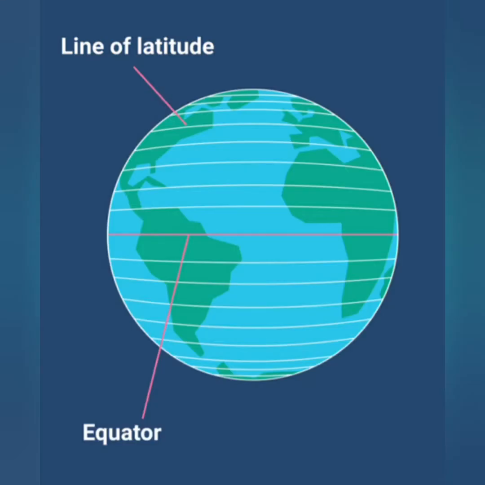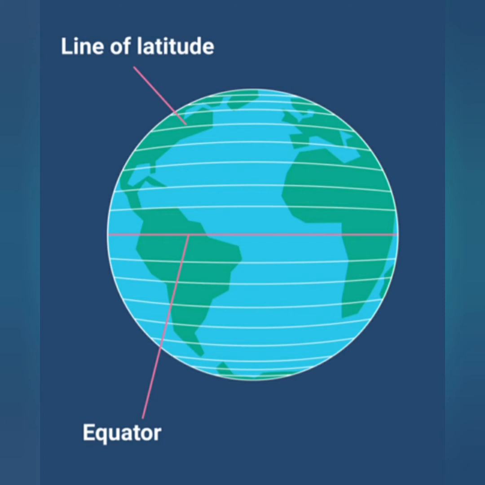So students, again I am showing you the picture. You can see here we have a red line, an imaginary line in the middle of the earth. This line is known as the equator, and it is the longest line, and it divides the earth into two parts. You can see it is situated at the middle of the earth. The upper part is known as the northern hemisphere, and the lower part is known as the southern hemisphere.